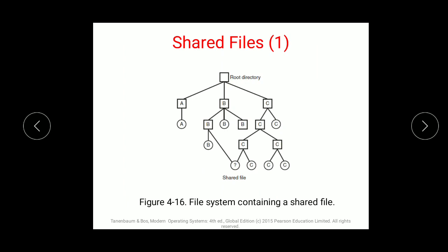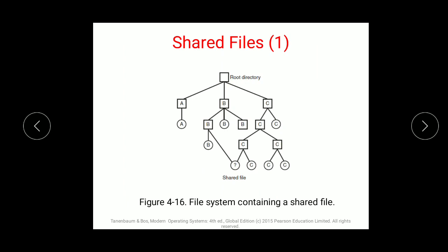A shared file appears simultaneously in different directories belonging to different users. So now if three or more people have been given the same task and they are working on that same task, but according to their convenience they are saving those files in different disks. That is, if I am one person from that, I am using the file in C drive, another person is using it in D drive, and the third person is using it in F drive. So what happens, and what are the actual reasons for sharing files?